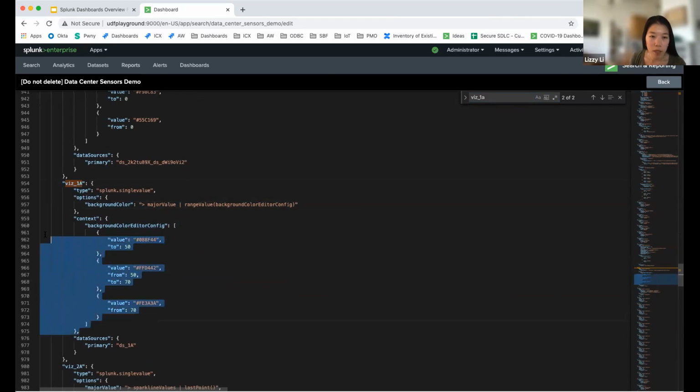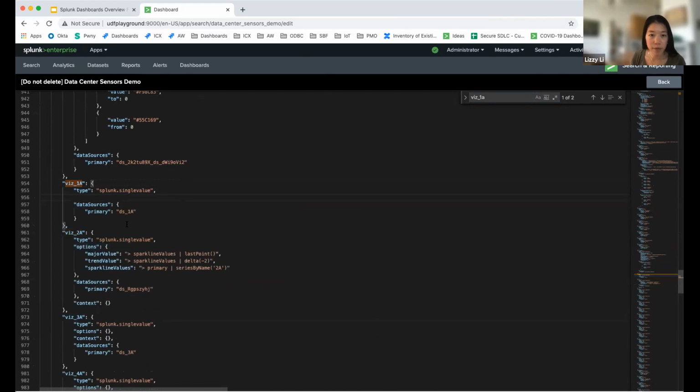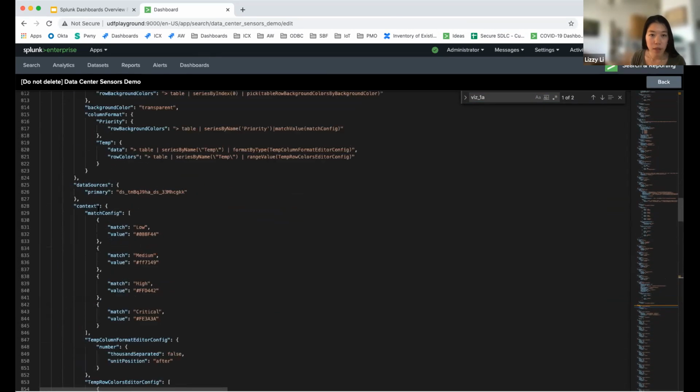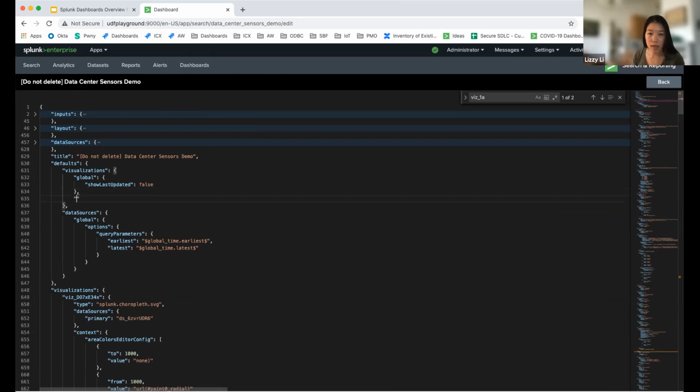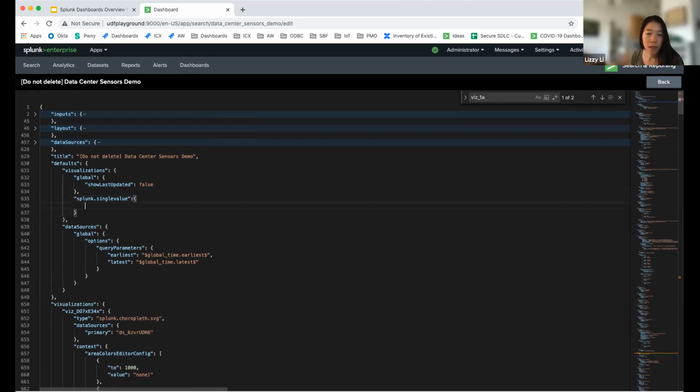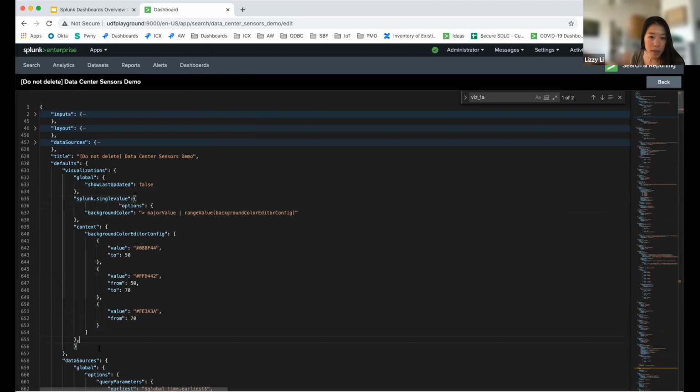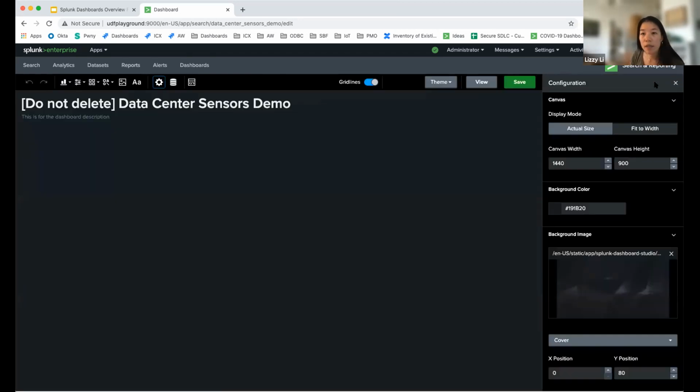So what I'm going to do now is actually take this section. I'm going to cut from here. Go back to defaults. Here we go. I'm going to add a new stanza that says, hey, I'm adding a new default, and I only want it to apply to single values. Select that single value. And then I will paste it here. And now when we go back to the canvas,